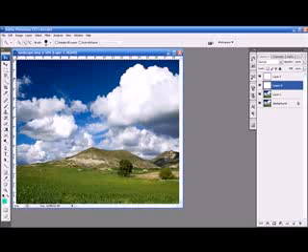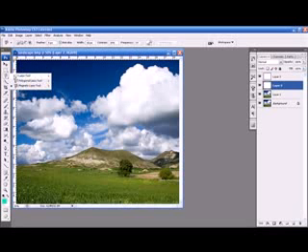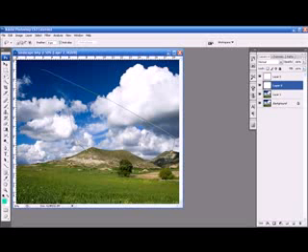Also, before I get out of the selection tool, there's one more thing you should know about this stuff. So let's say I make a selection like that. There's my selection. Up here with these icons, these are the add and subtract options for lasso tools. So if I want to subtract from this selection, I would click on that third one right there, and say I want to get rid of this little turn I made by accident. I would circle it just like that, and meet the end point and let go, and see it goes away